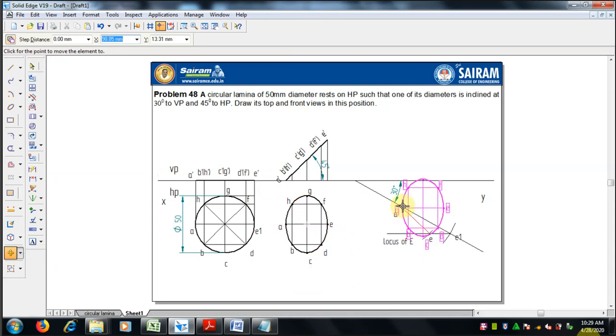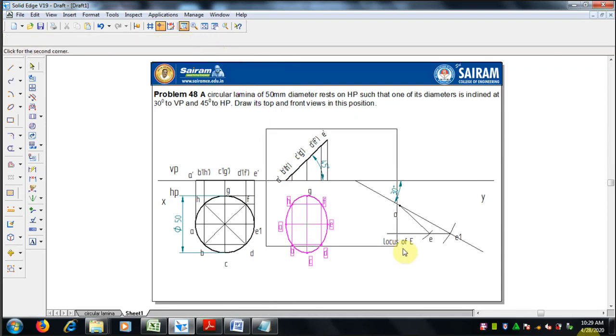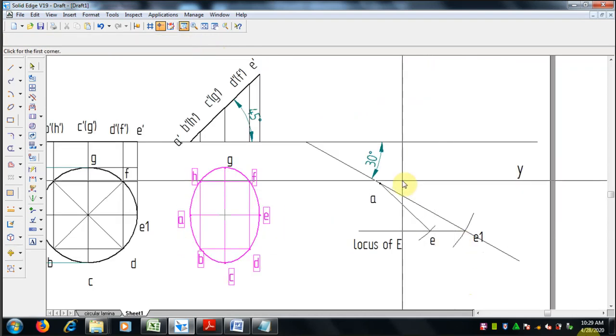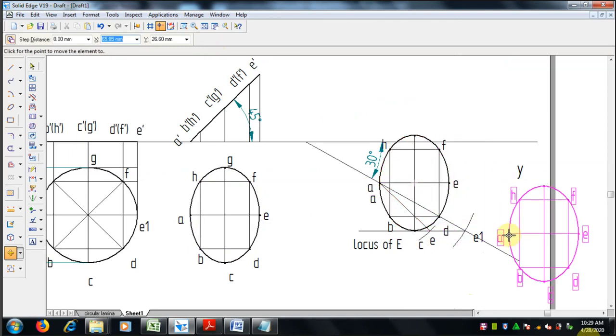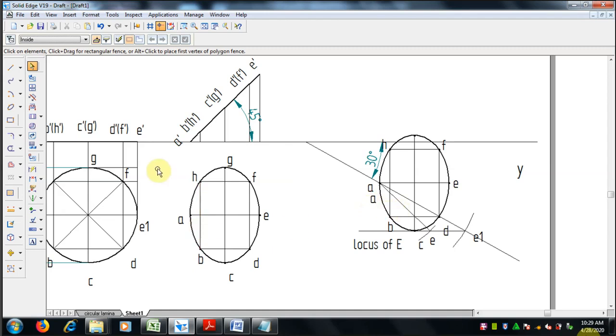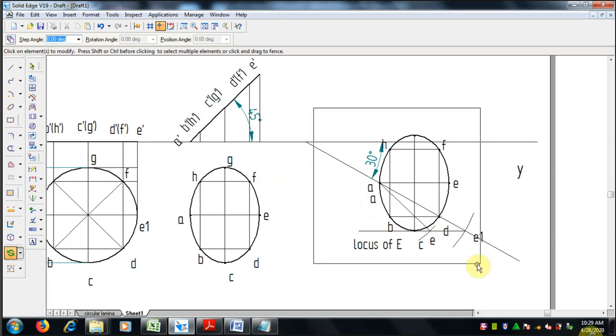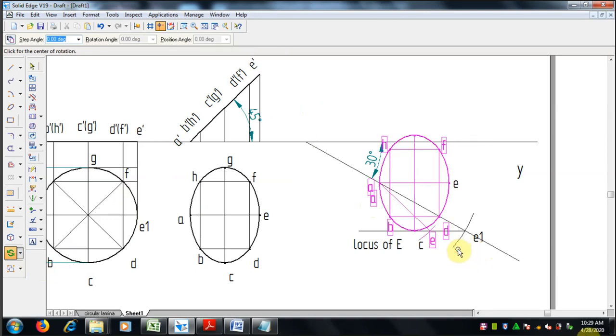Now AE should be aligned, so I am keeping A on the point of A. Already we started with A only, so this A should be mapped with that A. The end point of this line, if you select it, it will be easier to locate. Next, that AE should merge with this AE. Select and rotate.